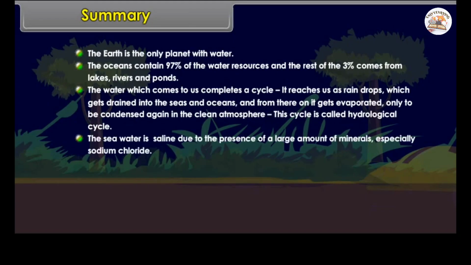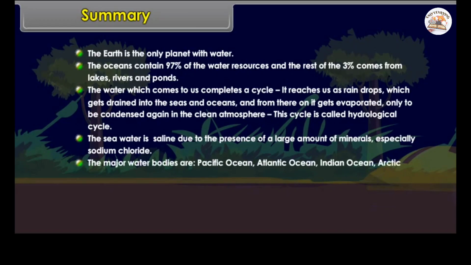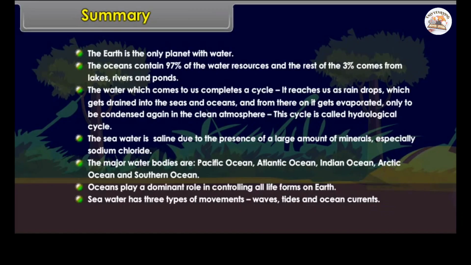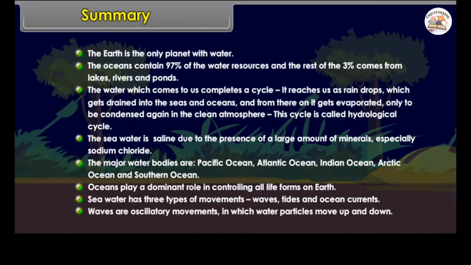The seawater is saline due to the presence of a large amount of minerals, especially sodium chloride. The major water bodies are Pacific Ocean, Atlantic Ocean, Indian Ocean, Arctic Ocean and Southern Ocean. Oceans play a dominant role in controlling all life forms on Earth. Seawater has three types of movements: waves, tides and ocean currents. Waves are oscillatory movements in which water particles move up and down. Tides are the